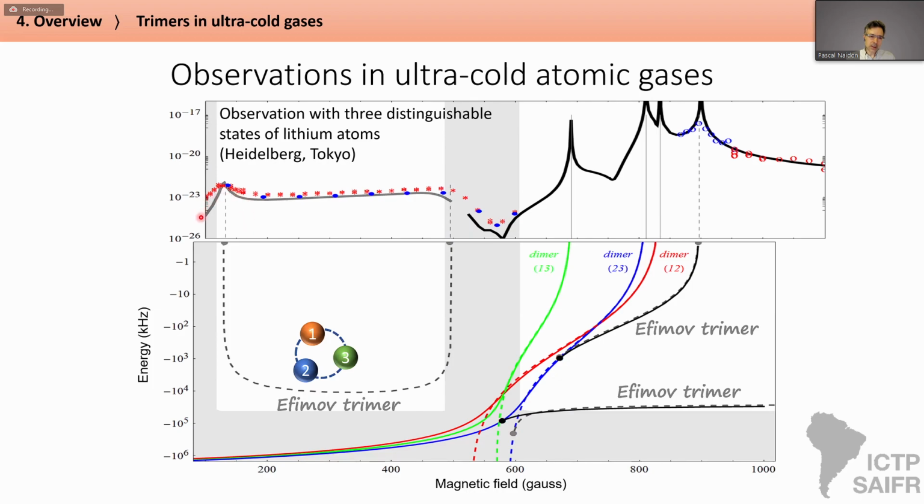And historically, what was measured was the three-body recombination rate in this region, and the experimentalists observed one peak here and something that looked like a peak, which is a bit broader. And assuming that